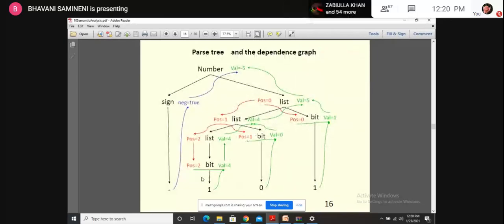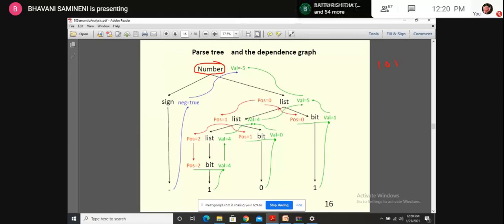And see here, if you see this one, then we'll get to know. The value they have considered is 101, and the parse tree is written with the black letters. Number can be written as sign list.